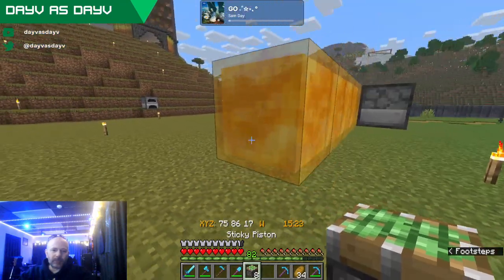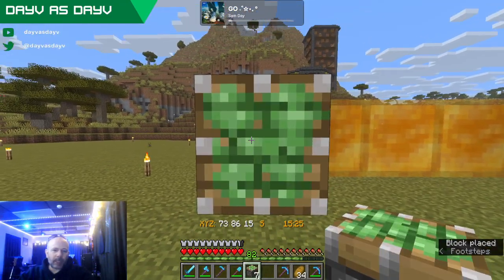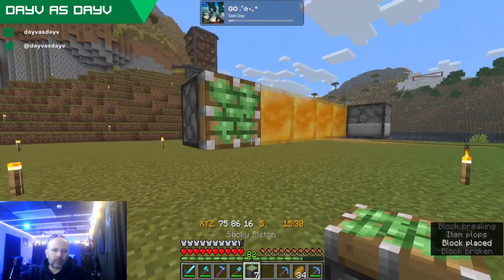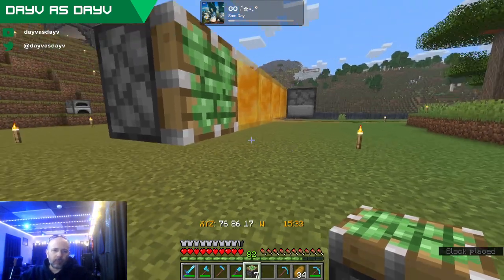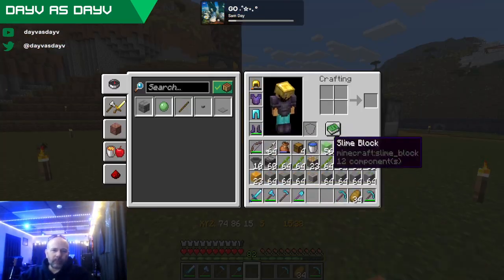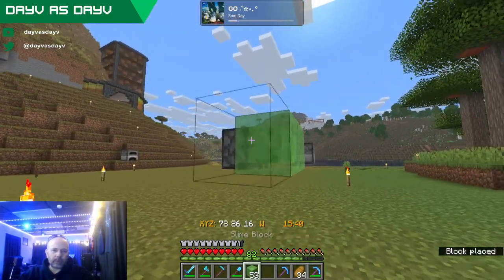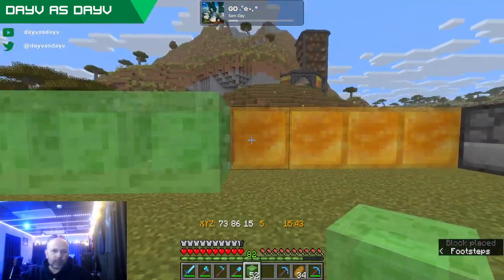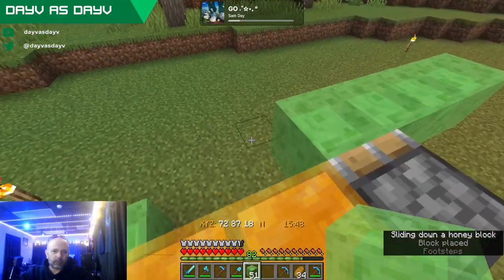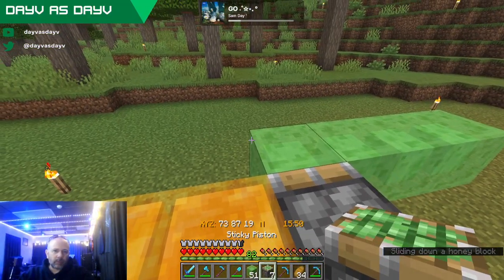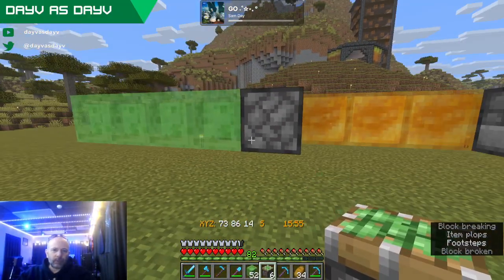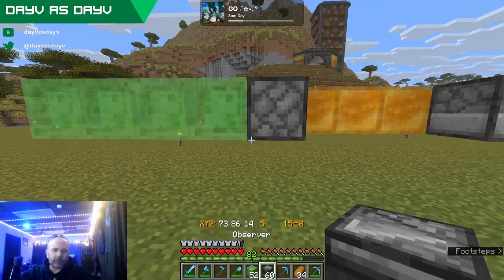Attach a piston to the back of that. I think then you put your slimes over this. And then you put your other piston here. And then somehow we have to power it with an observer.